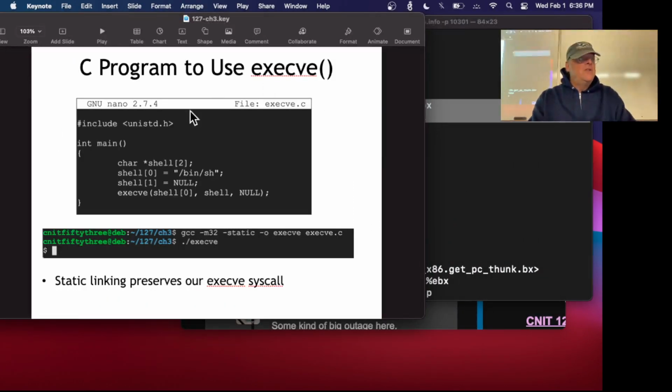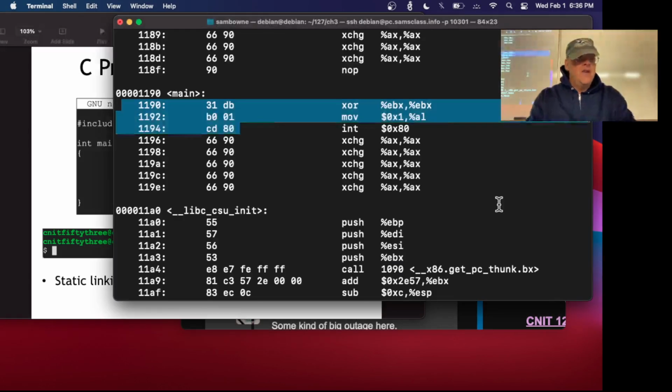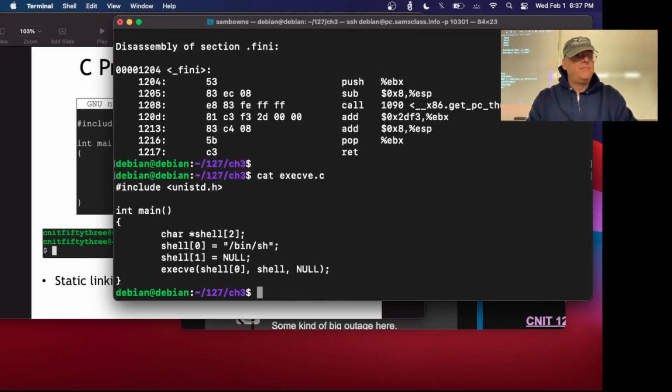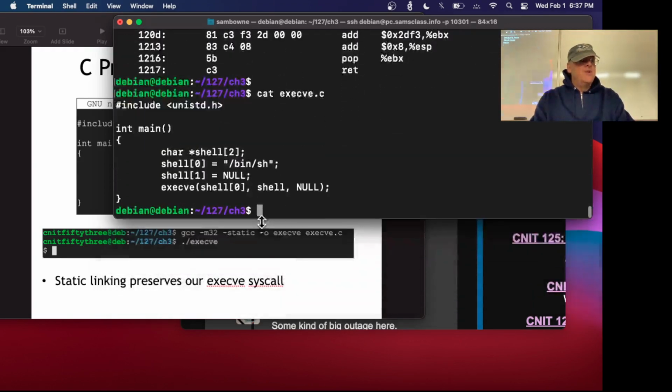All right, so if you want to use execve, that's this one. And I think I've got it here. Cat execve.c. All right, so here we are. The execve format is screwy. For some reason, you have to give it the same data several ways. You have to give it a pointer to an array shell, which will include the name of the shell you